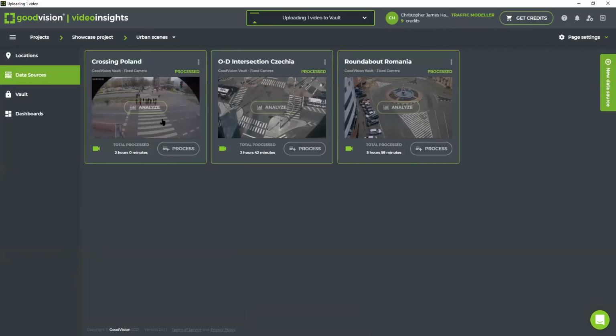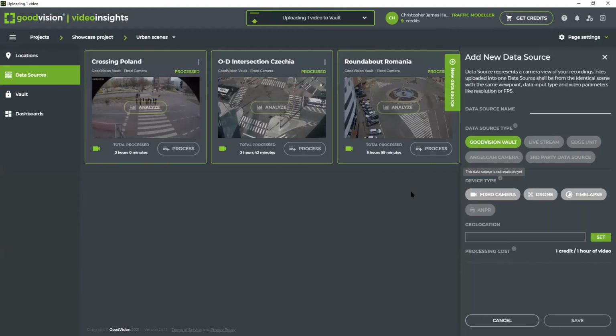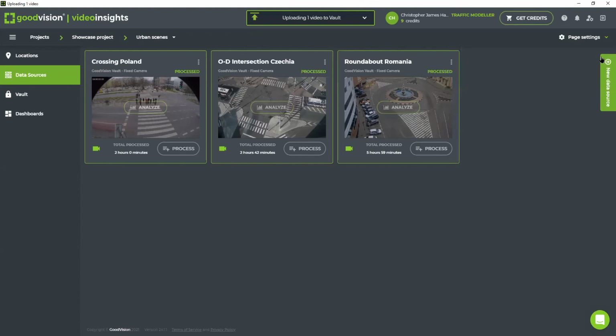And now that's gone, so you haven't lost anything with your video vaults. It's basically just stored under your locations, also your data sources, as they're known here. And you can keep adding new data sources from the sidebar here and keep creating and uploading as many locations as you wish. If we go back into the analysis,